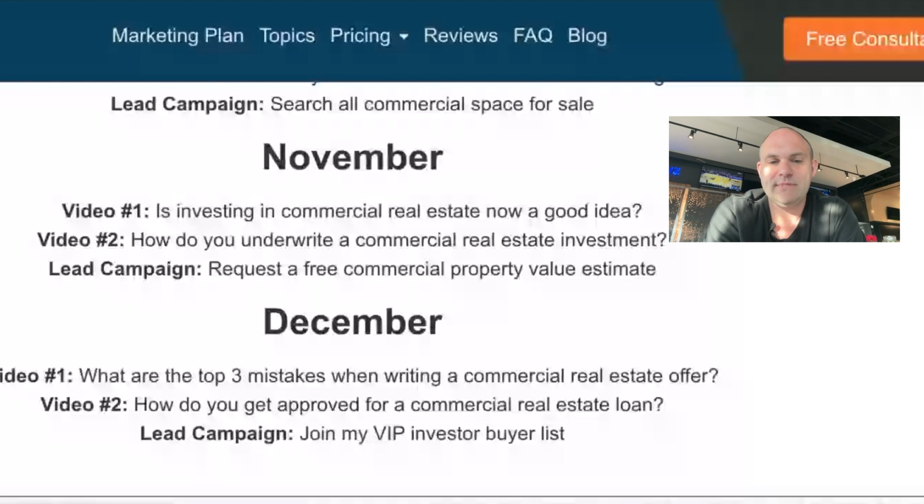That's a great topic. How do you get approved for a commercial real estate loan? Well, this kind of depends upon what commercial real estate. But for most of you, it's your mom and pop apartment building. How do you get approved for a mom and pop commercial loan? Which basically means you have to be bankable. You have to have assets. Explain that. Walk through that process of what it's like working with a local or regional bank of getting a real estate commercial loan to buy a small multi-unit apartment. That would be very, very helpful for those in your audience, mostly landlords.